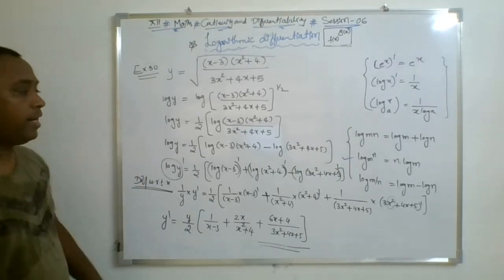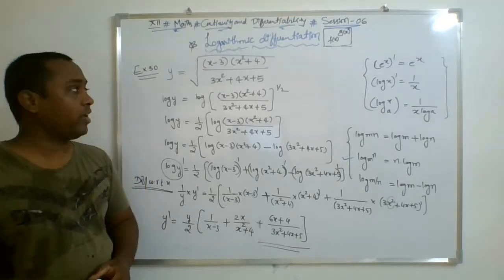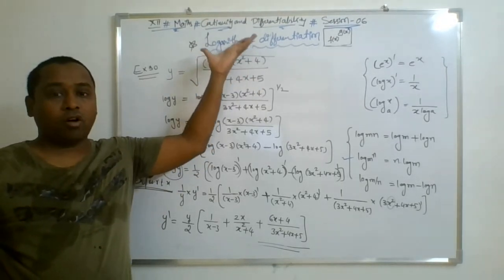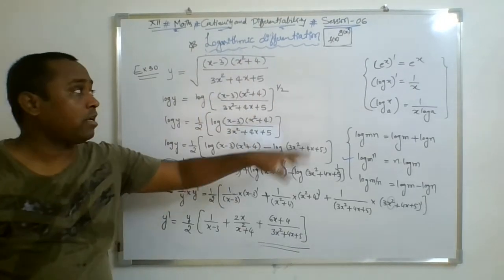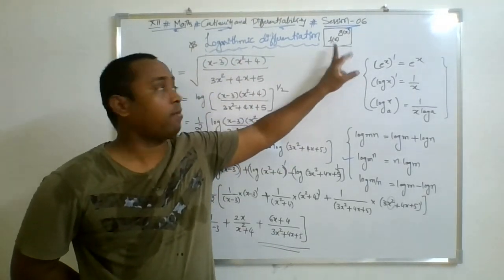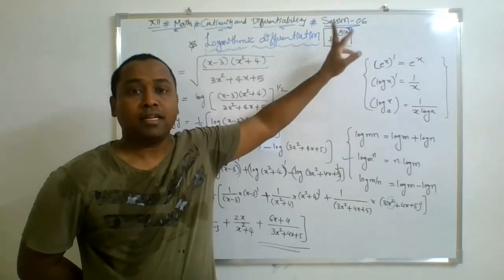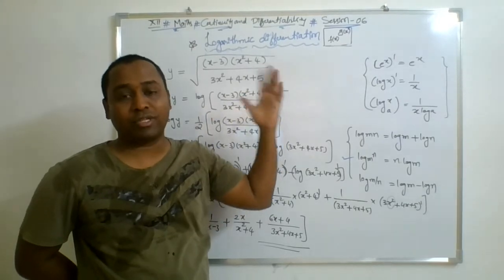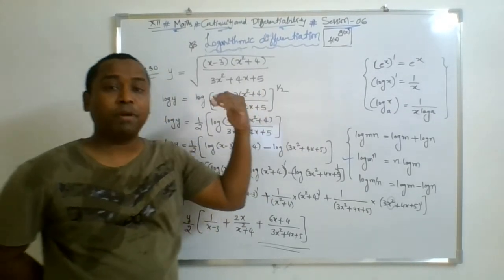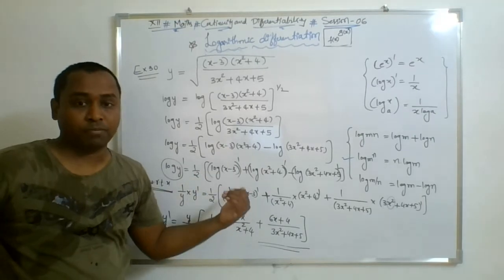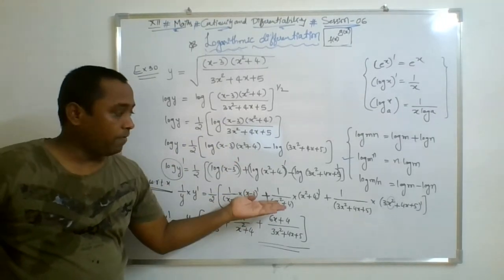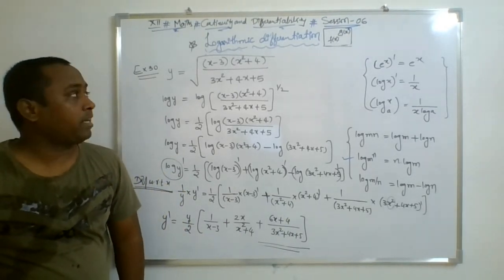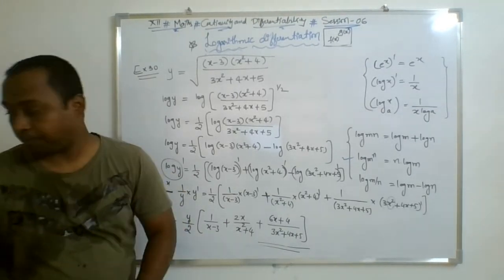So this is the importance of the logarithmic function, where the sum is very complicated. You can use logarithmic differentiation. The second aspect is where the function is in the form of f of x power g of x, then definitely you are going to use logarithmic differentiation, meaning take log on both sides to simplify the function. That is the purpose behind this technique, to simplify the function and then go for differentiation. Now I'm taking the last question of today's session.